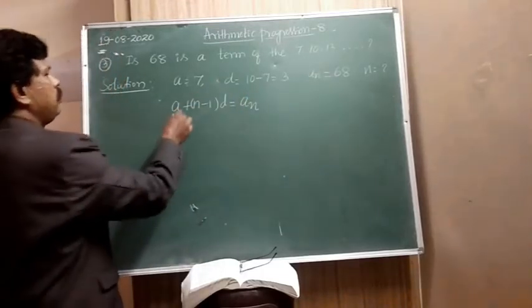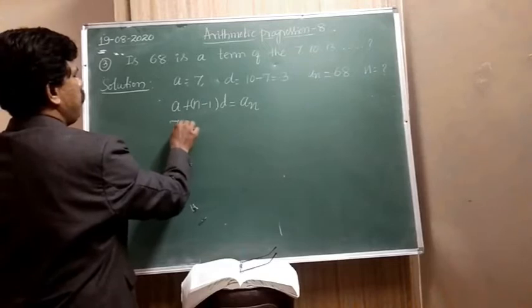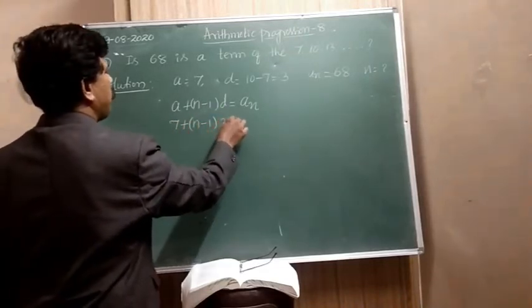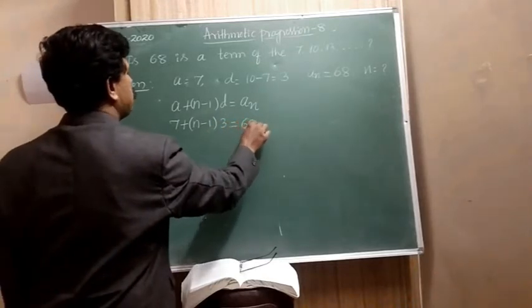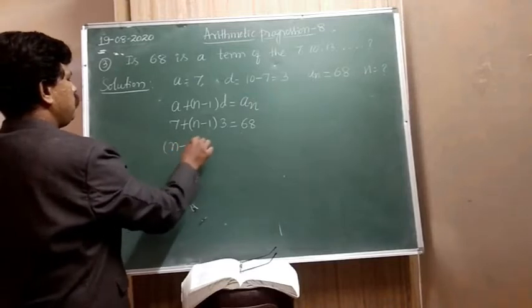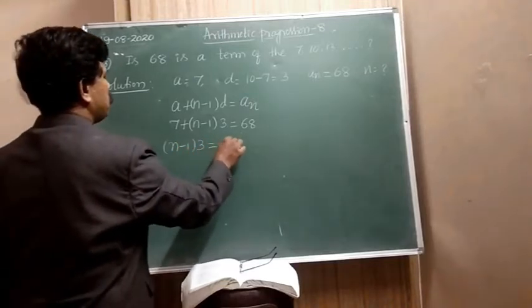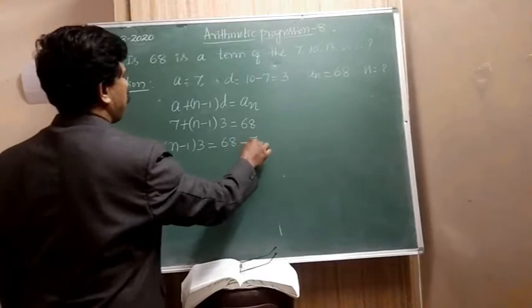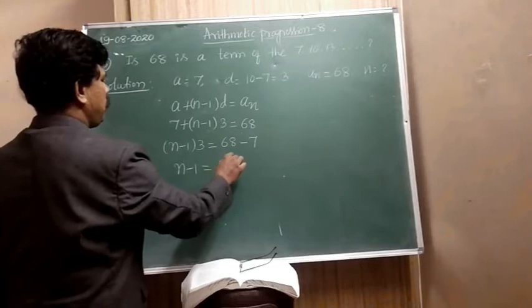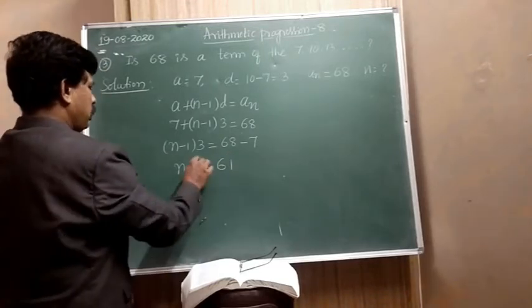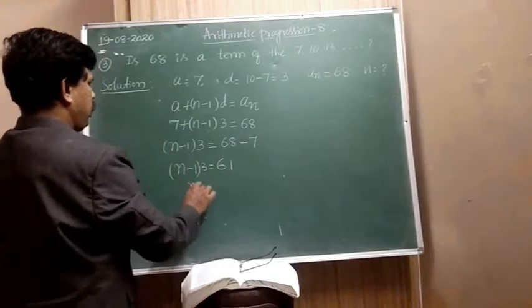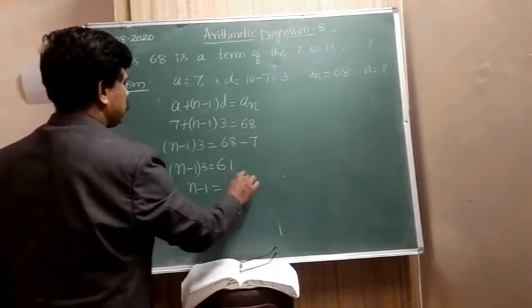Followed? Now substitute the value. 7 plus N minus 1 into D value is 3. Then AN is 68. Now N minus 1 into 3 is equal to 68 minus 7. Then N minus 1 into 3 equals 61. Then N minus 1 is equal to 61